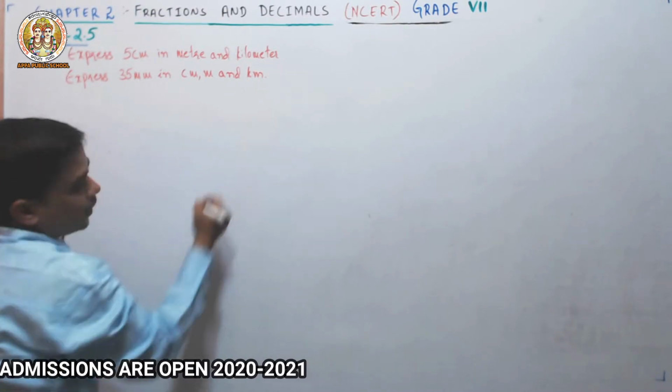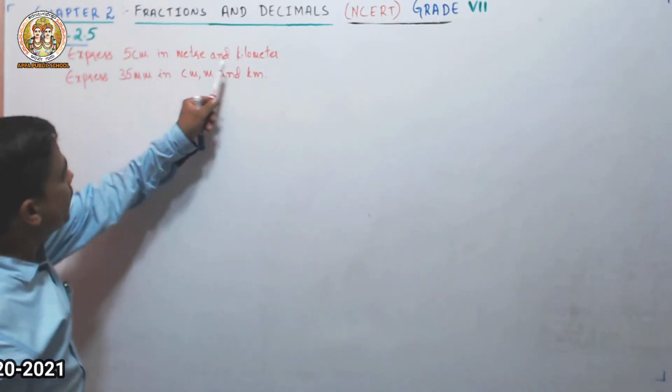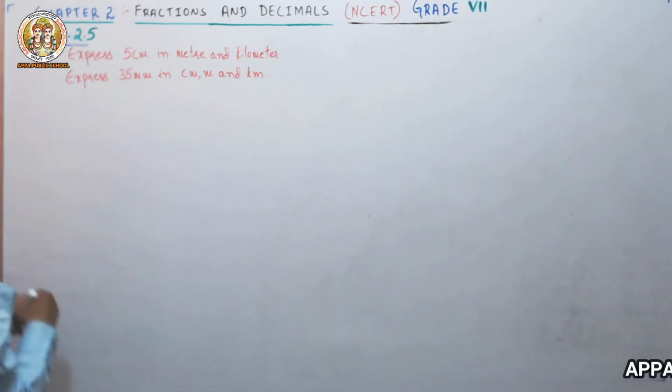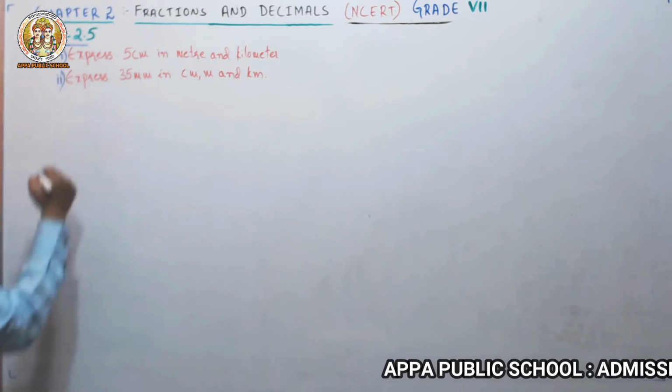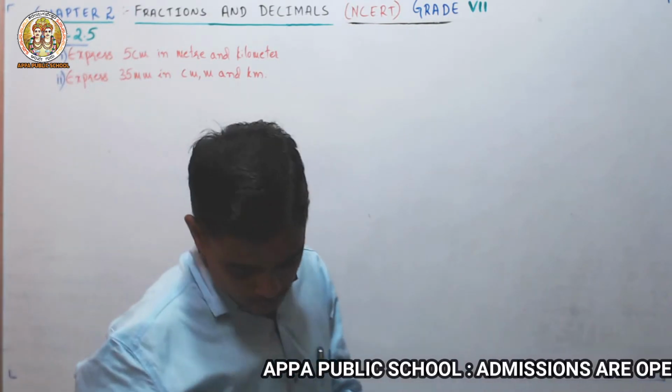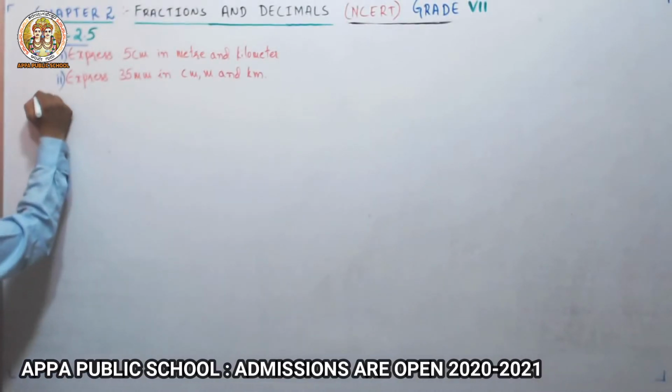So in short, in the textbook he has given the first one in this way. This is the first bit, this is the second bit. Okay, I'll solve one by one. First I'll solve the first bit. So, solution.